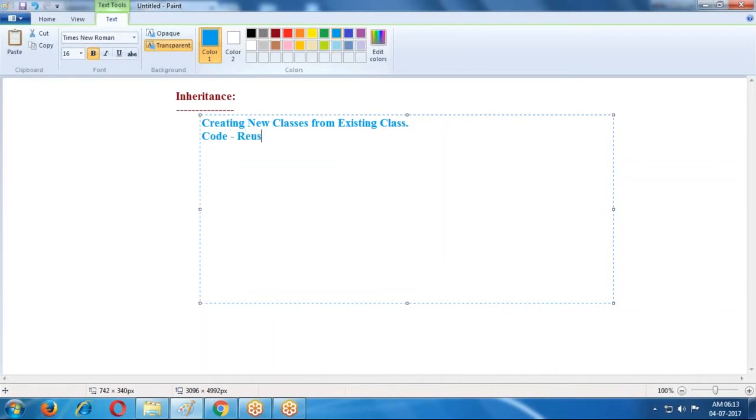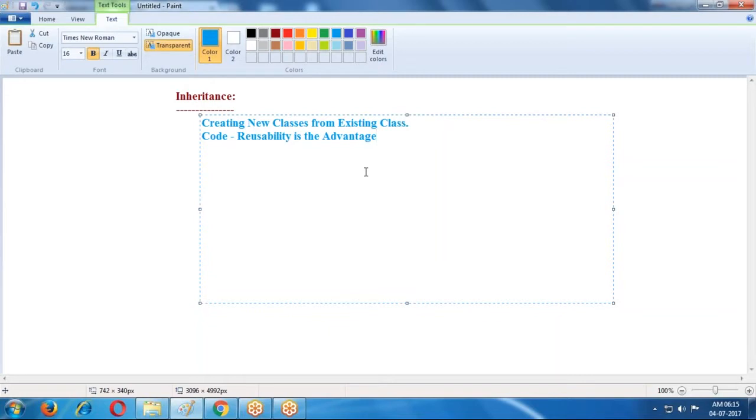Code reusability is the advantage. If you want to reuse the same code in multiple places, then we use the inheritance concept. Inheritance is creating new classes from an already existing class, and the advantage is code reusability.